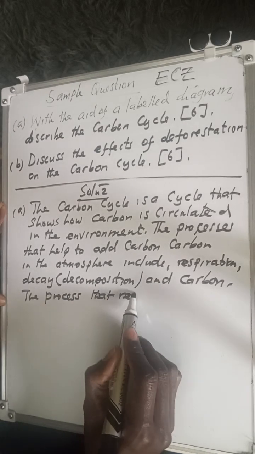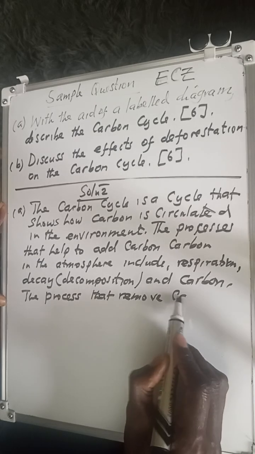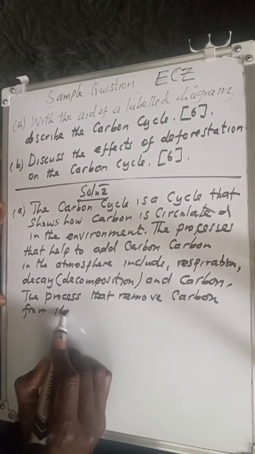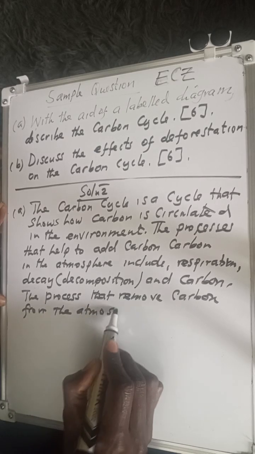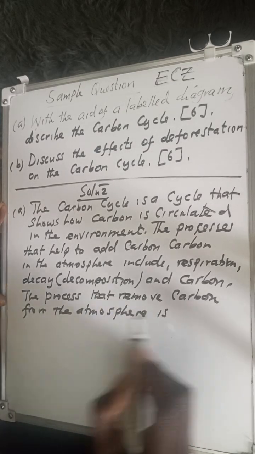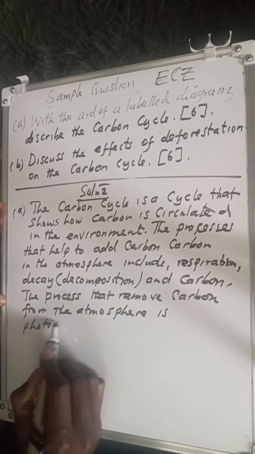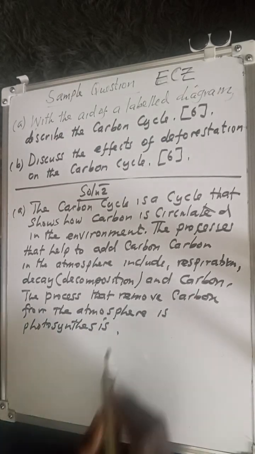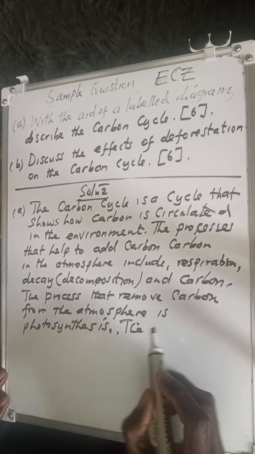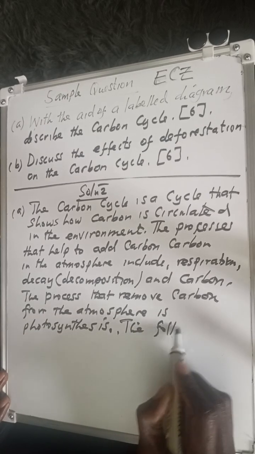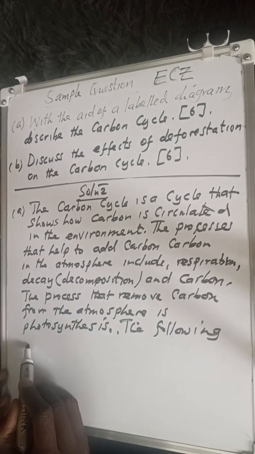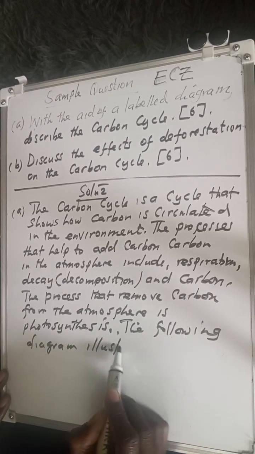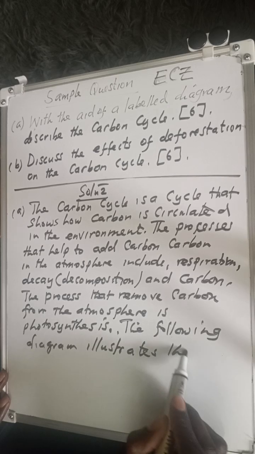Then of course, the process that removes carbon from the atmosphere is photosynthesis. So once you describe that, I can simply say the following diagram illustrates the